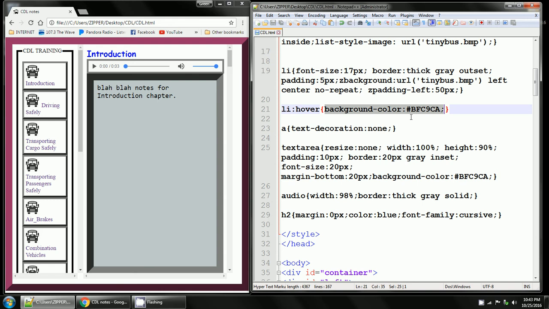It's pound BFC9CA. For my A tag, which is my link tag, I have text decoration of none. My text area has all this. Resize none. This is the text area right here because I don't want the user to be able to fool around with this, like dragging the corners and making the text area small or large. I want it to be what it is. So resize none, width 100%, height 90%,